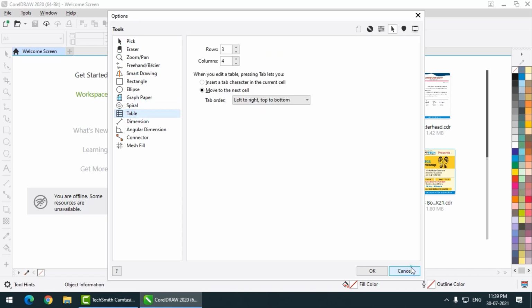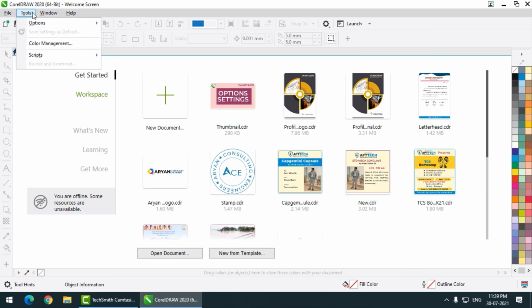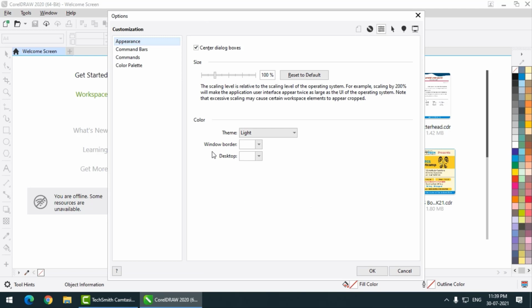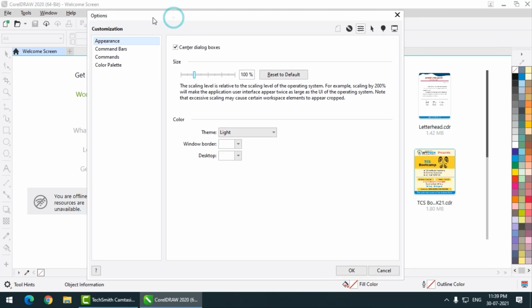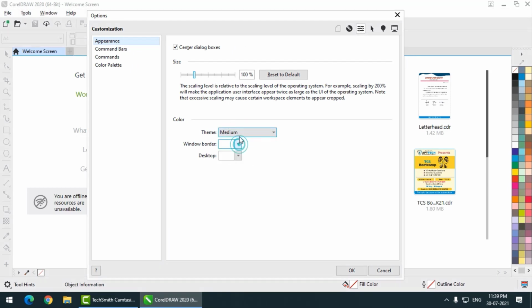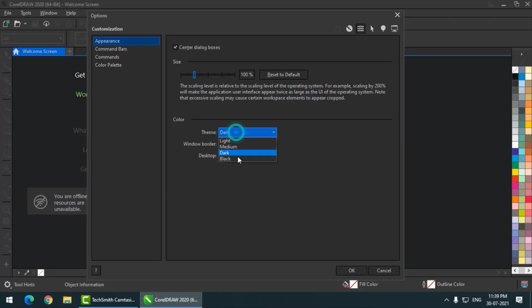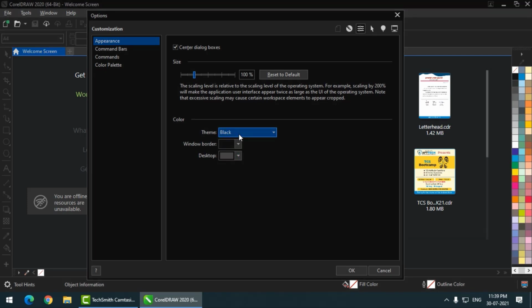Again, if you go to Tools, Options and Customization, again we see some interesting options. For example, if you want to change the appearance of CorelDRAW, you can simply select the theme like this, medium, dark or black. Whatever theme you may like, you can keep it.